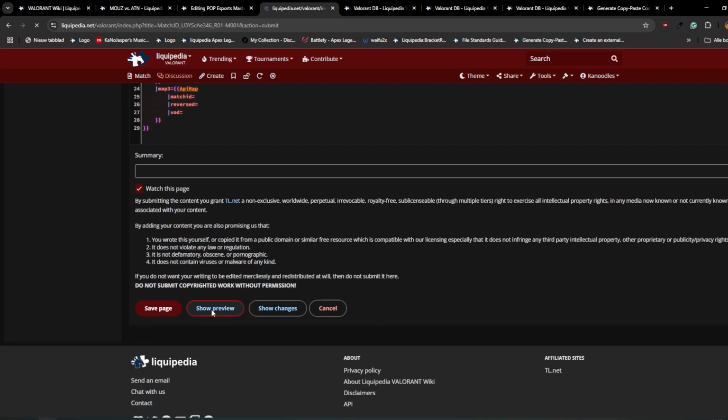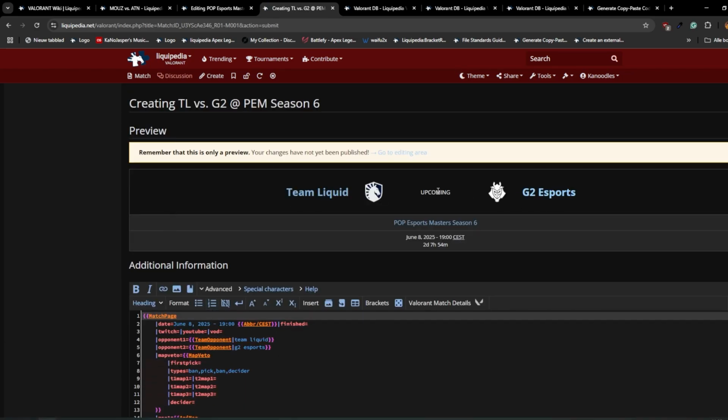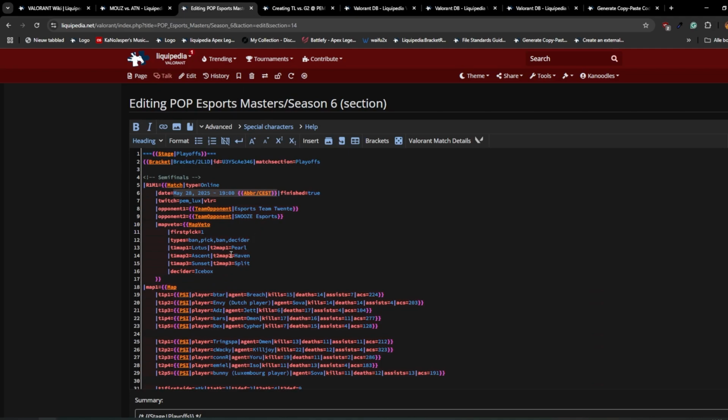I can press show preview here now, and it will just give me upcoming match G2 Esports, team Liquid, this time and date. So that's how an empty match page would look, but we're converting a previously made match. So let's go back. When you're converting an old match to a new one, you can essentially copy this whole